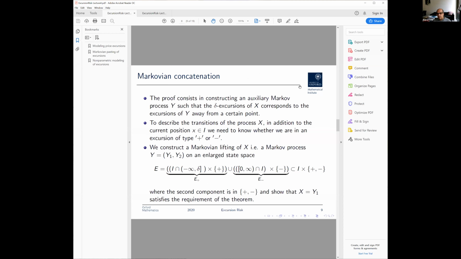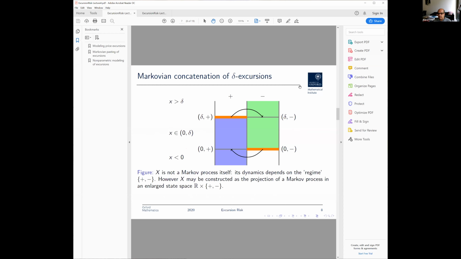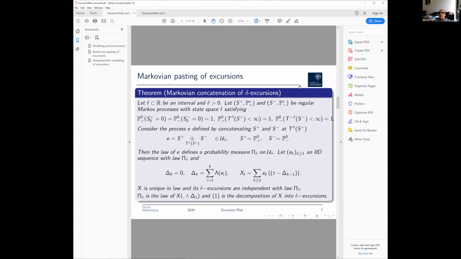So we saw in the first part a Markovian construction of processes with given properties for their excursion. Basically, I want to construct a process whose delta excursions have certain properties, and I can even specify it in more detail. I may want the upward phase to have some property, and the downward phase to have another description. And what I showed is that if these building blocks are Markov processes, then I can paste them together and